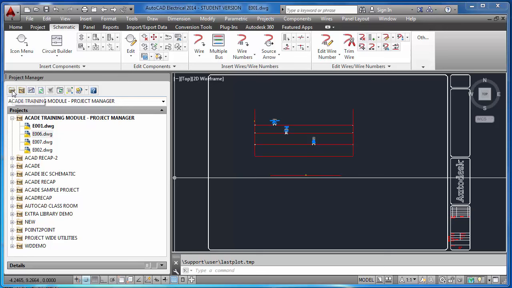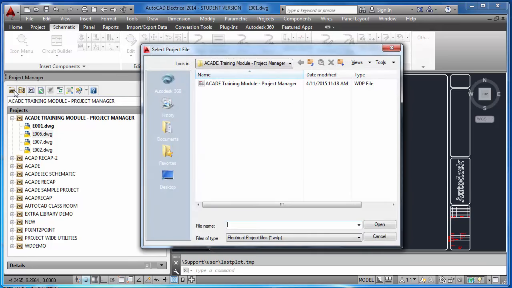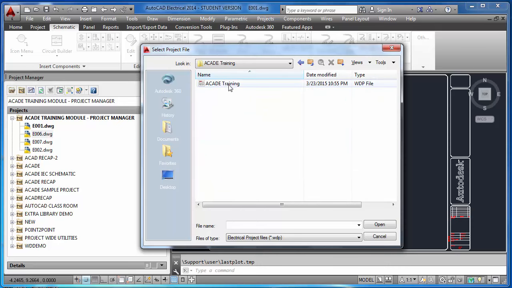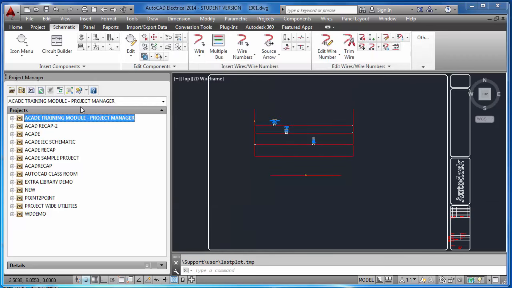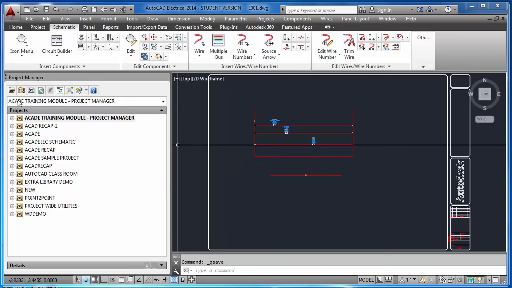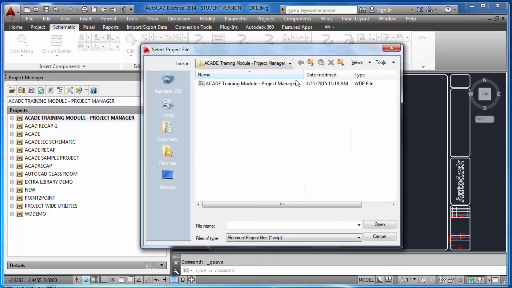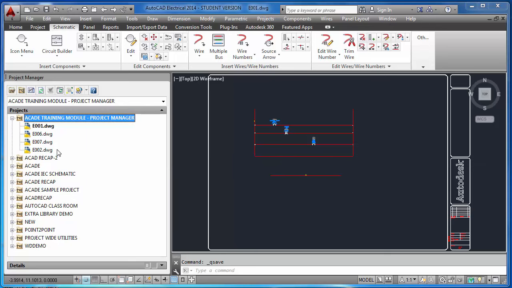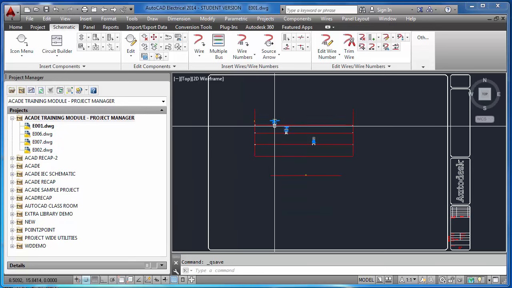Okay, and if you already have a project, new project, see these are all WDP project files. So if you already have a project you want to open, again I will show you, just open, go to that particular project, and there you won't find any DWGs, you will find only this WDP file. Open. Okay, right now that is open. So this is all about project manager,